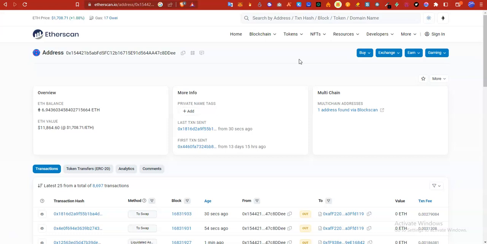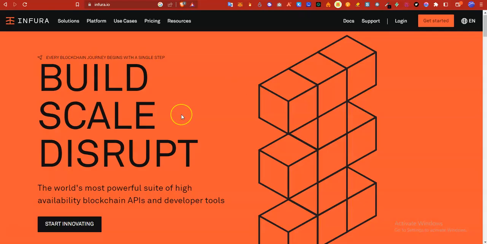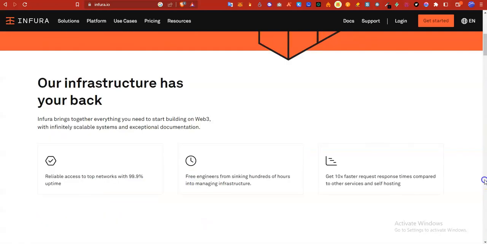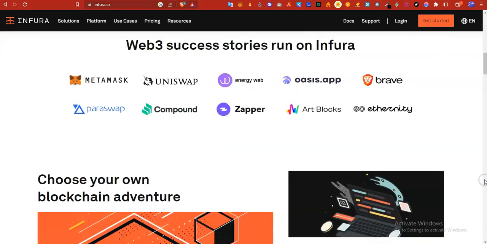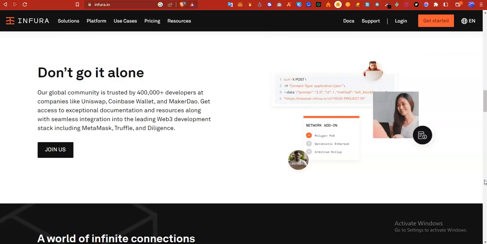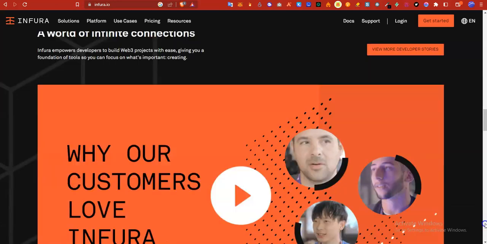Now, current solutions that we have in the market, we have things like Infura. So if you are a developer and you want to do more, things like Infura have been there for a while. They help you get this data, and then you can connect to their endpoints, and you can start building. You can see they have over 400,000 developers, and projects like Coinbase Wallet and all that are using this